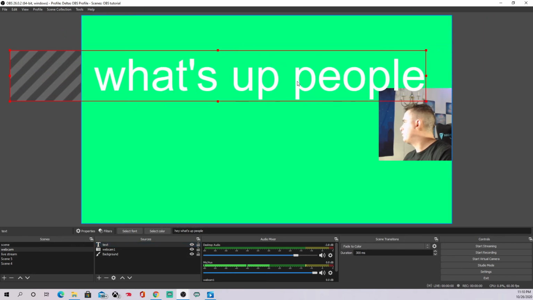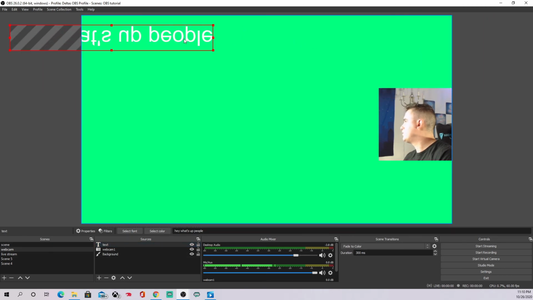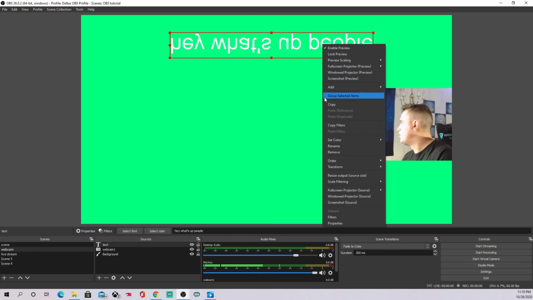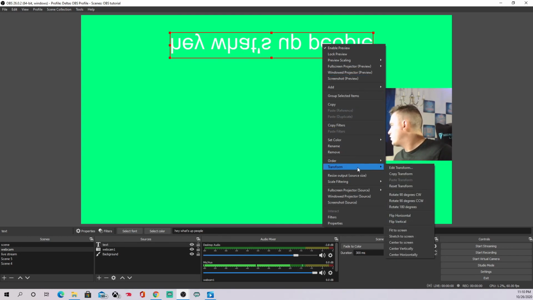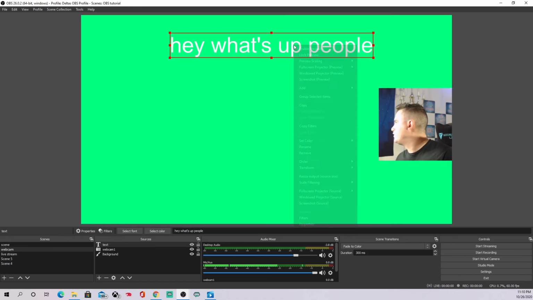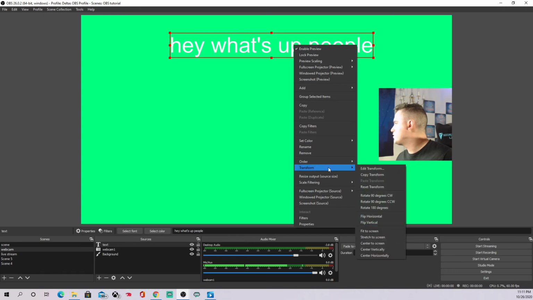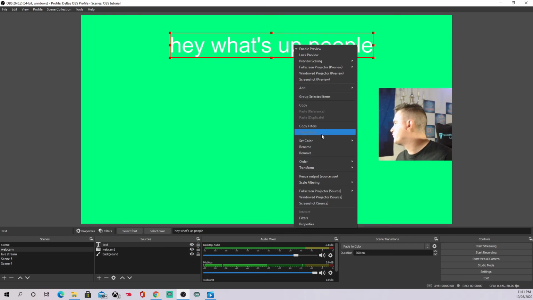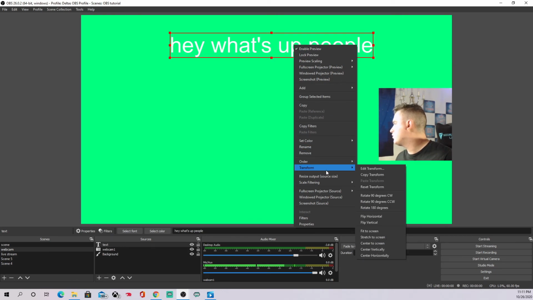Okay, and then you can minimize this. Oh, this flipped. So you can go to transform, and then you can rotate, flip vertically. There you go. You just right click, and if that ever happens to you, you can go to transform, and you can fit the screen, stretch the screen, center vertically, center horizontally, reset. There's all kinds of things you can do. You can change the color. You can